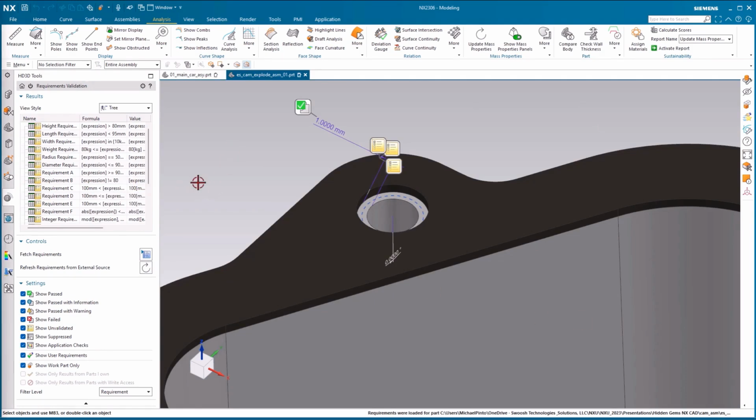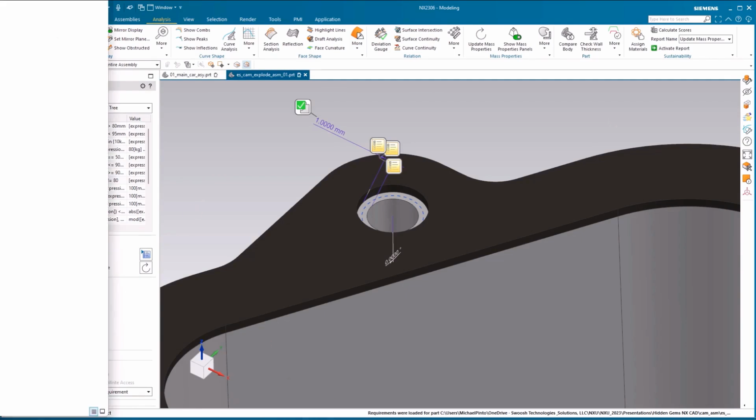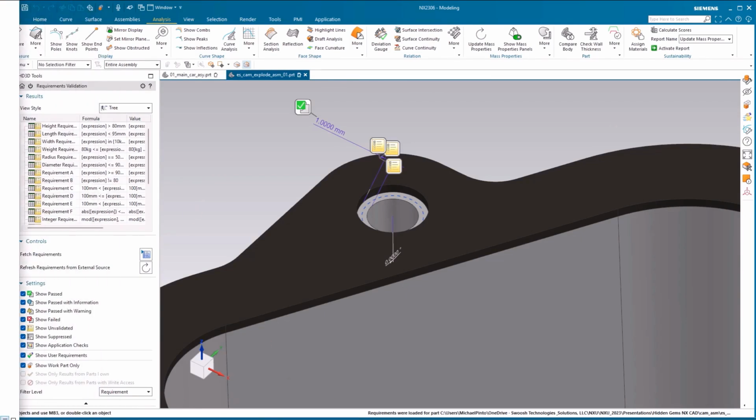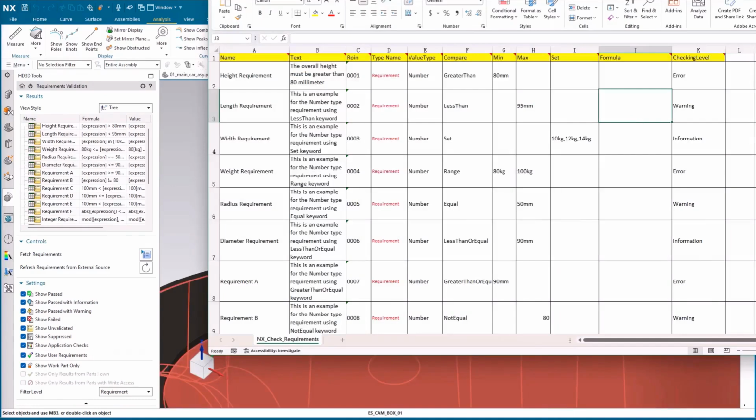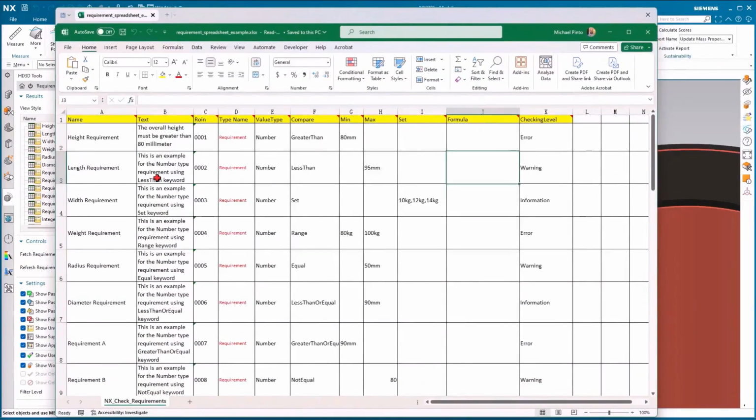And Siemens does provide an example spreadsheet that you can use. I'm going to go ahead and open that up just to show that, and we can take a look and see what that spreadsheet looks like. So just give me one moment here, and I will open up that validation requirements spreadsheet that we imported into our session here. All right, and once that spreadsheet launches here, you can see the name of this is Requirement